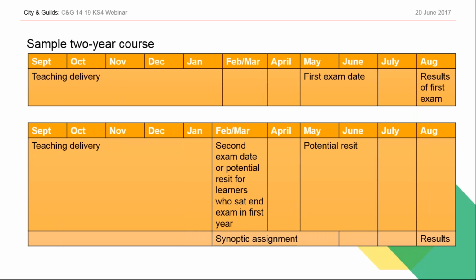So if we look at the 2-year course, you may decide to enter learners for the theory exam in year 1 and the synoptic assignment in year 2. And this will allow for a resit of the theory test in year 2. So looking at delivery of this, you could do all your teaching and delivery in the whole of the first